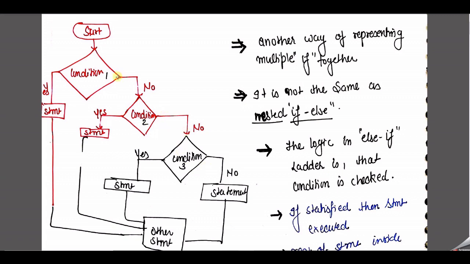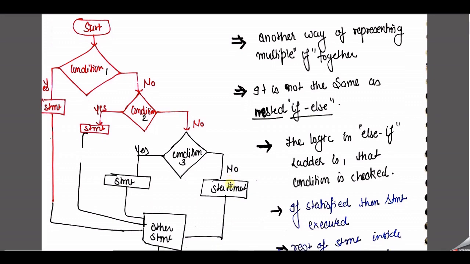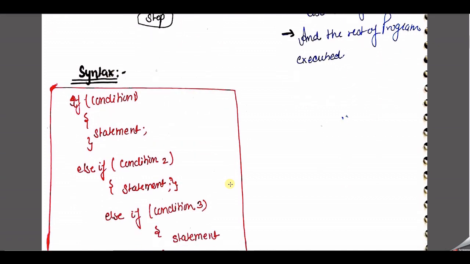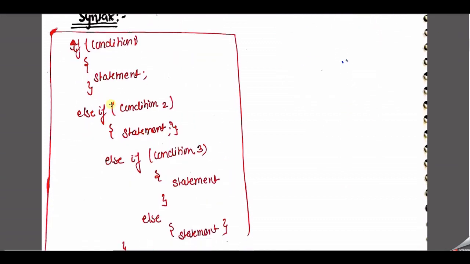According to the flow chart we can see else if, and else if, so the name of this topic is the else if ladder format. With the help of syntax we can see how to write our program in the programming language. This is exactly the syntax which arises from the above flow chart. If condition 1 is true, then we go through the statement, and we don't go through the else part, because as I already told you, only one condition is true at once.